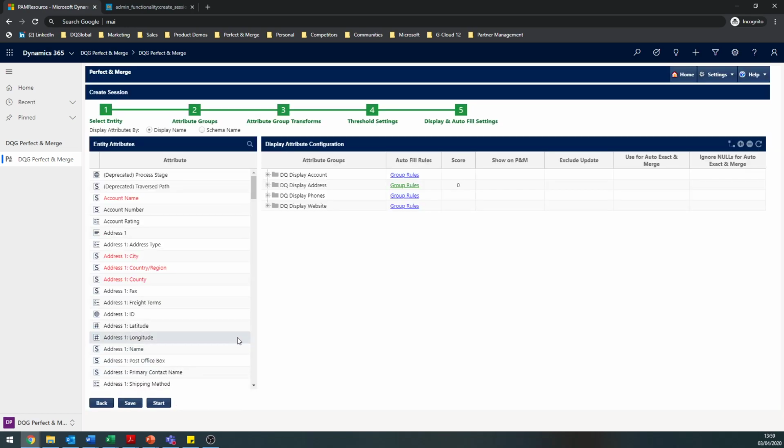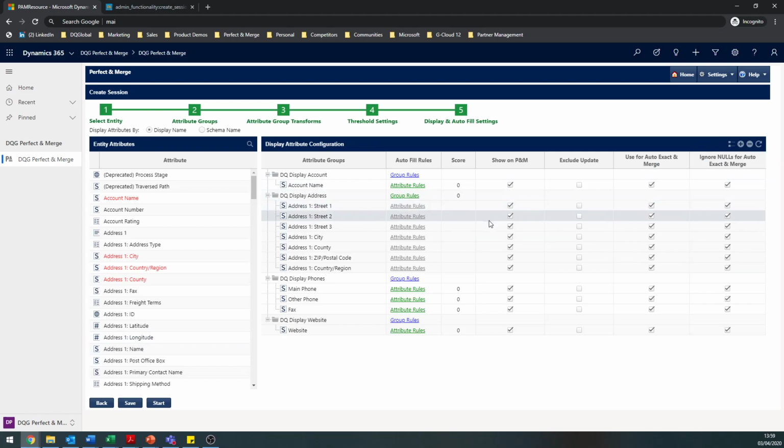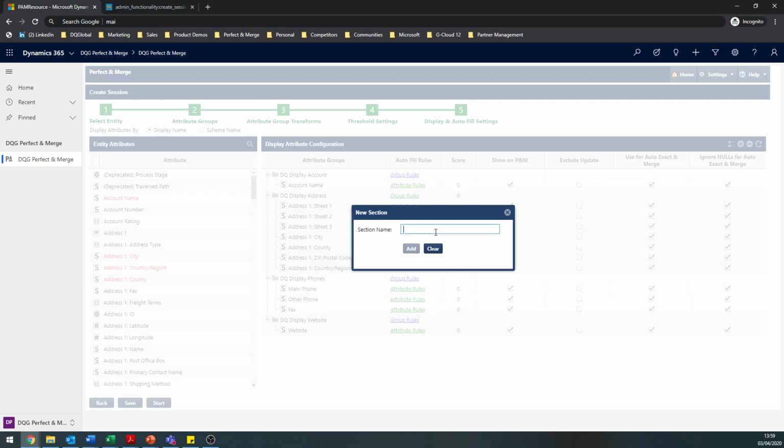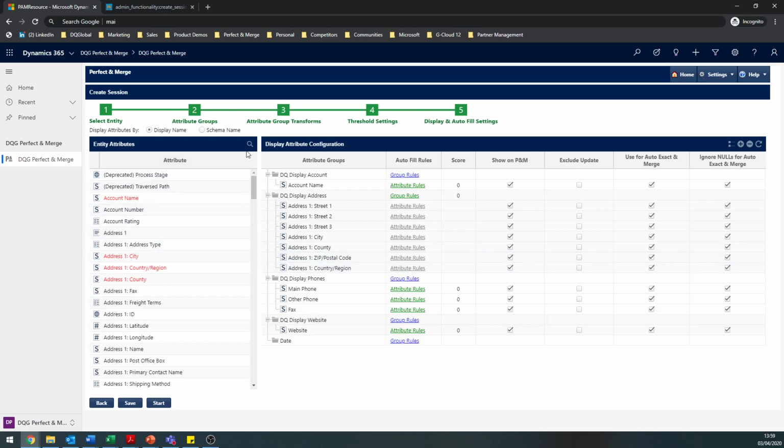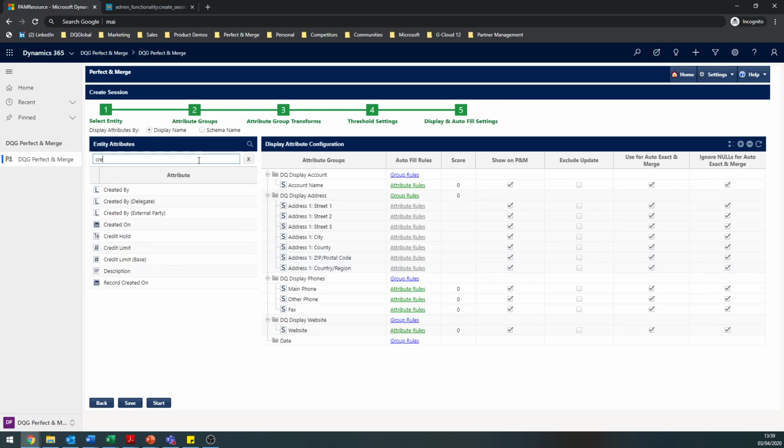Next, and finally, we can customize the display screen for when we are reviewing records. So here we have some attributes that are not necessarily used for scoring, but we want to use them when we are viewing the records for review. So again, we can add a group and maybe we'll say date. And we can go and say, maybe we want to look at the created on date for the records,